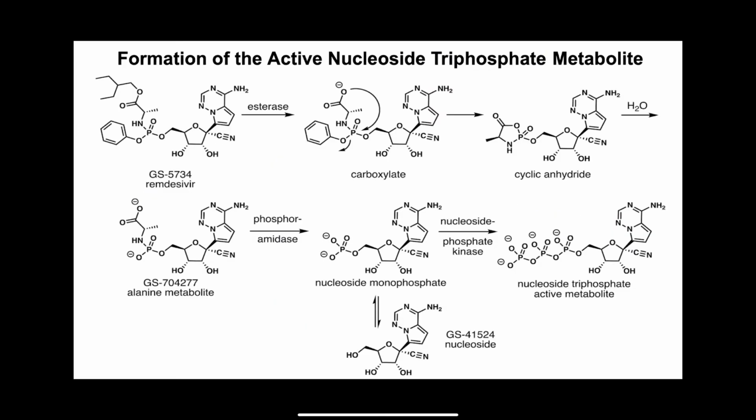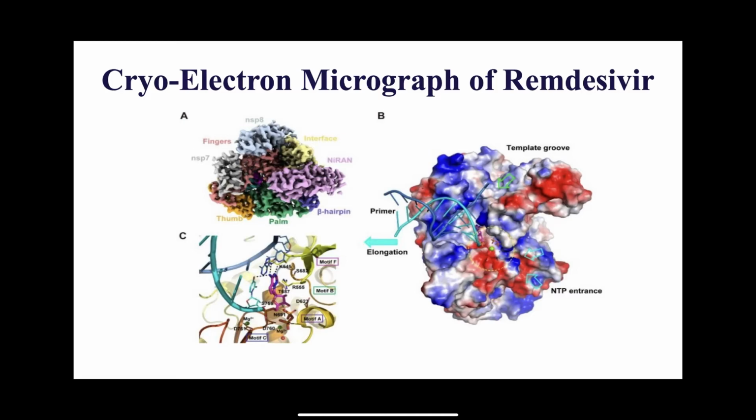Let's take a look at how the active metabolite is formed. Upon diffusion of remdesivir into the cell, the reaction is initiated by esterase-mediated hydrolysis, giving carboxylate that displaces the phenoxide. The unstable cyclic anhydride formed is hydrolyzed by water to the alanine metabolite. Alanine metabolite's phosphorus-nitrogen bond is hydrolyzed by phosphoramidase enzymes to liberate nucleoside analog. Further phosphorylation yields the active nucleoside triphosphate that inhibits viral replication. The cryo-electron micrograph reveals RNA template inserted into RNA-dependent RNA polymerase, where remdesivir is covalently incorporated into the primer